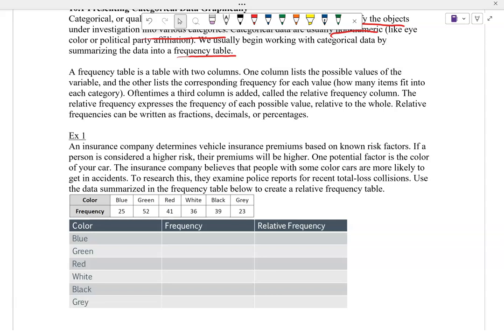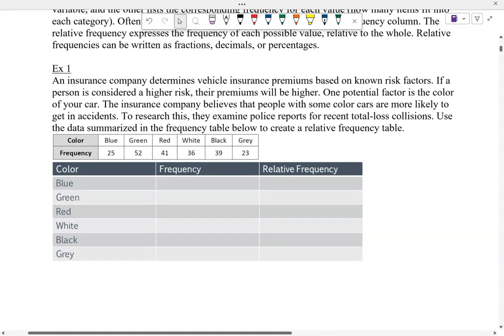So let's look at this first example. We've got this insurance company that's determining insurance premiums based on known risk factors. If a person is considered a higher risk, their premiums will be higher. One potential factor is the color of your car. And so here's the data that they have summarized. Okay, so let's put it into our frequency table. So it looks like the color blue from the data, there's 25 people